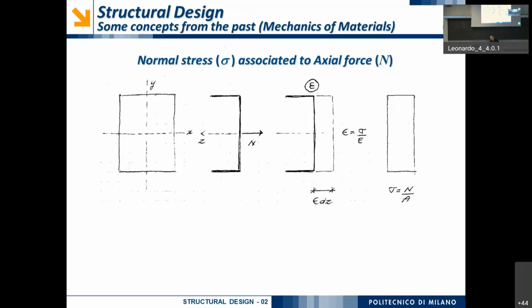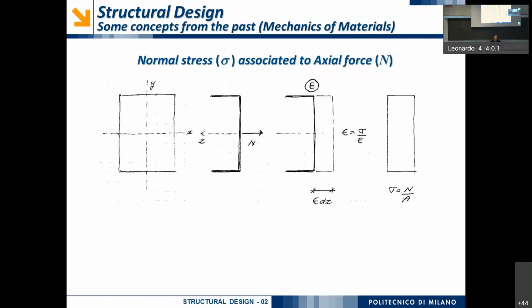When you pass from the force to the local pressure, what I have called stress, it's the force divided by an area, so it's a pressure, and then I will measure it as a pressure, so kilonewton over square meter, or if you prefer, Newton over square millimeter. When I'm going to pass to the strain,